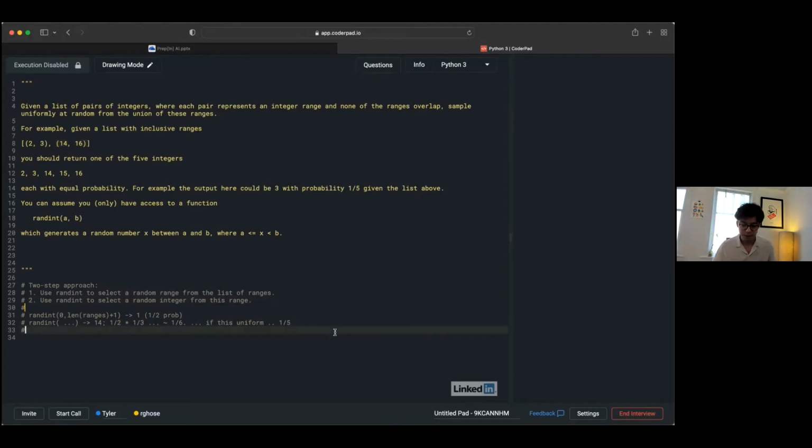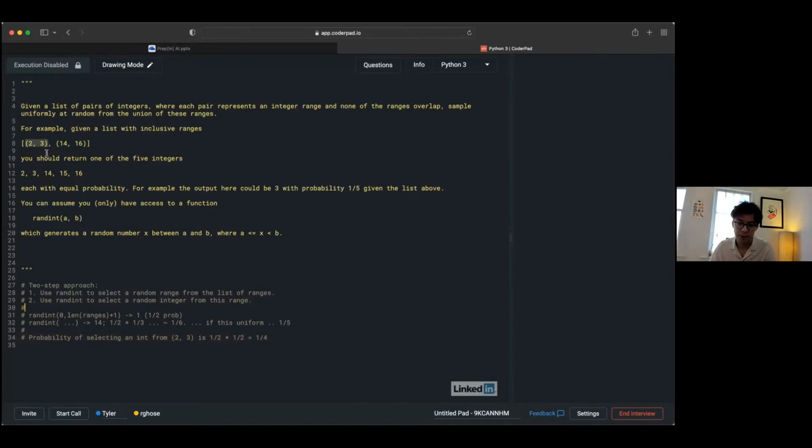And if I do a similar calculation for the first range, I would find that the probability of selecting an integer from 2, 3 would be 1/2 times 1/2 again, so 1/4. So in other words, we're biased in favor of selecting integers from the smaller range.